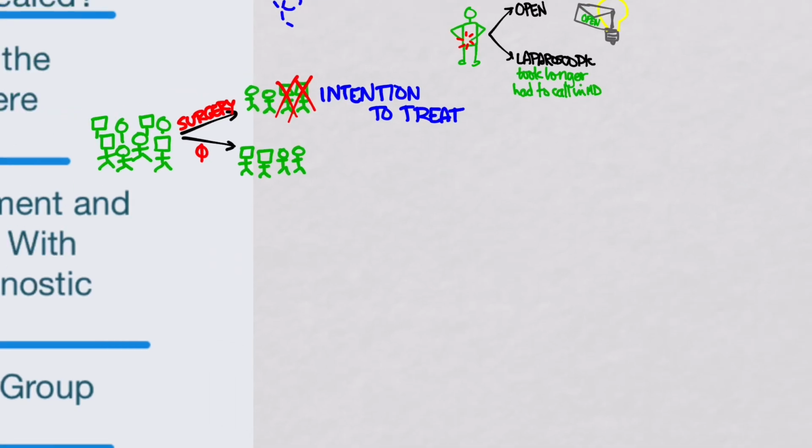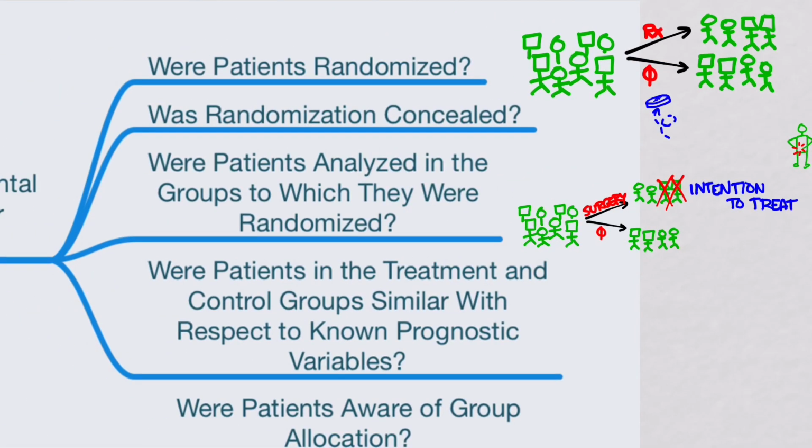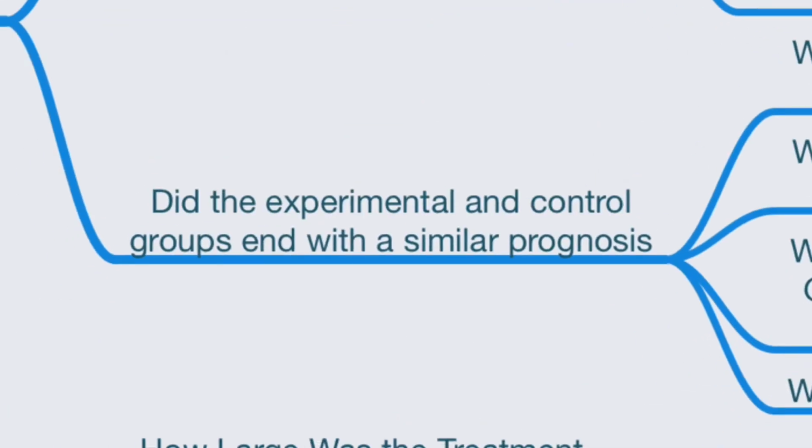Okay, and the fourth one here is, were the patients in the treatment group and the control group similar with respect to known prognostic values, meaning known confounders or known other things. So are there the same amount of smokers in each group? Are there the same amount of old people? Are there the same amount of men? The same amount of women in each group? For the things that you know, you can adjust. For the things that you don't know, you can't adjust because you didn't measure those things. You don't know that those are the confounders. And so you want to see that they are about the same. And again, that's the power of randomization, is that they will hopefully be the same if you have a big enough sample. Now let's go to the next question, which is, did the experimental and control groups begin and end